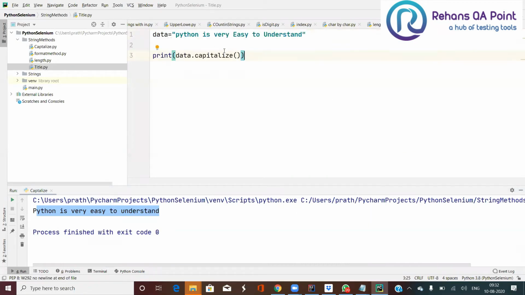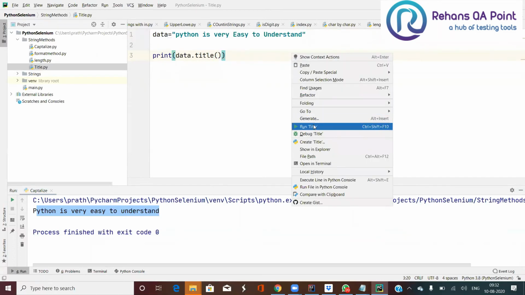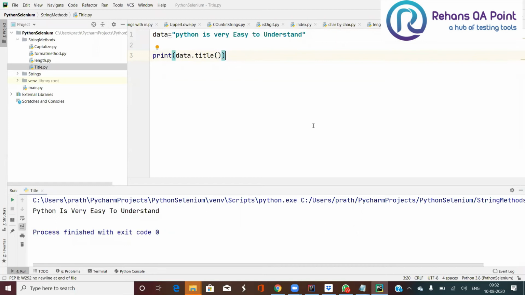Now I'm going to replace the method with title. Now run this. Each and every word's starting letter is converted into a capital letter. So this is called title case. To make every word's starting letter a capital letter, we'll be using title.